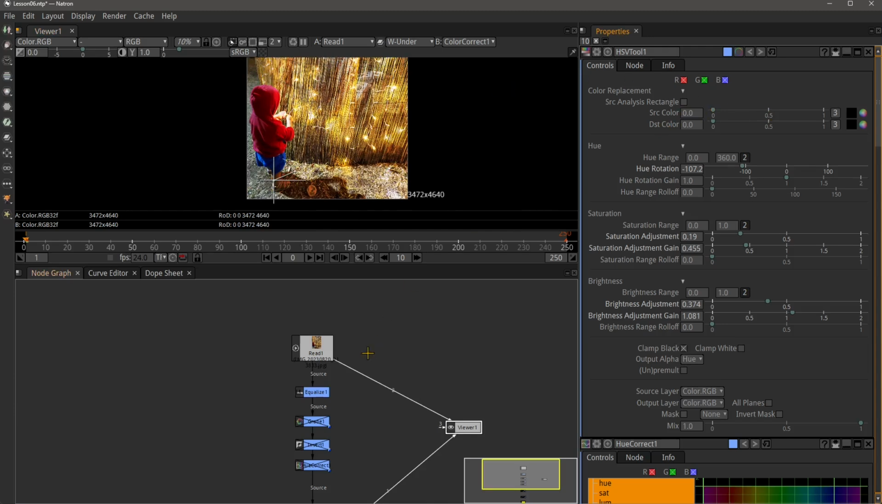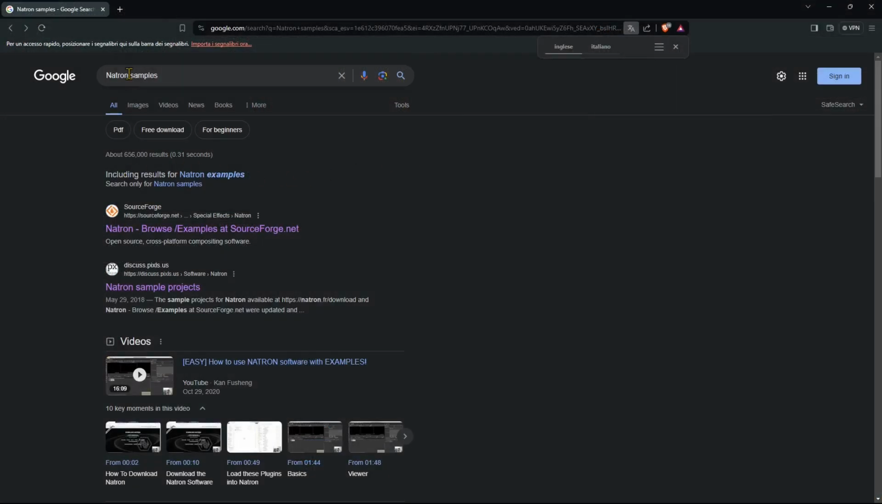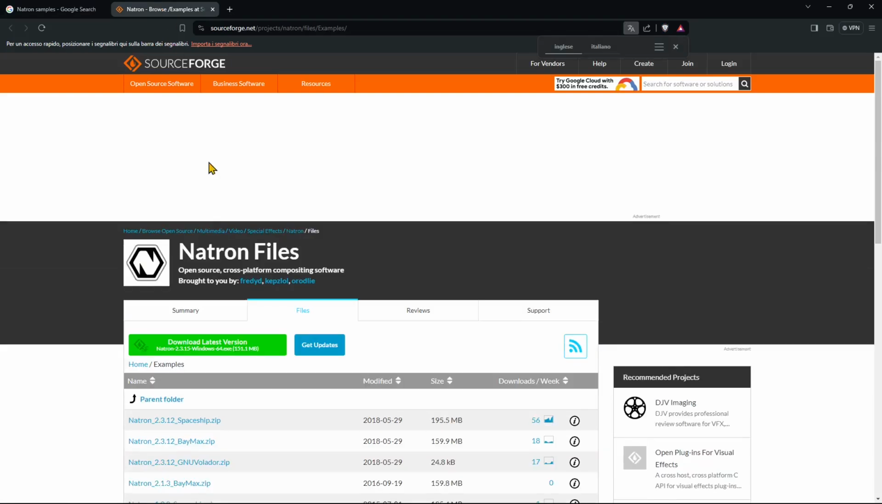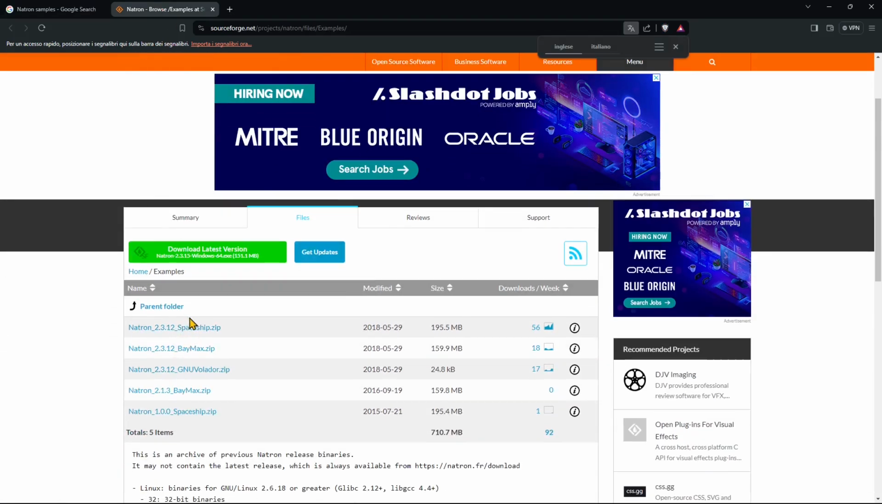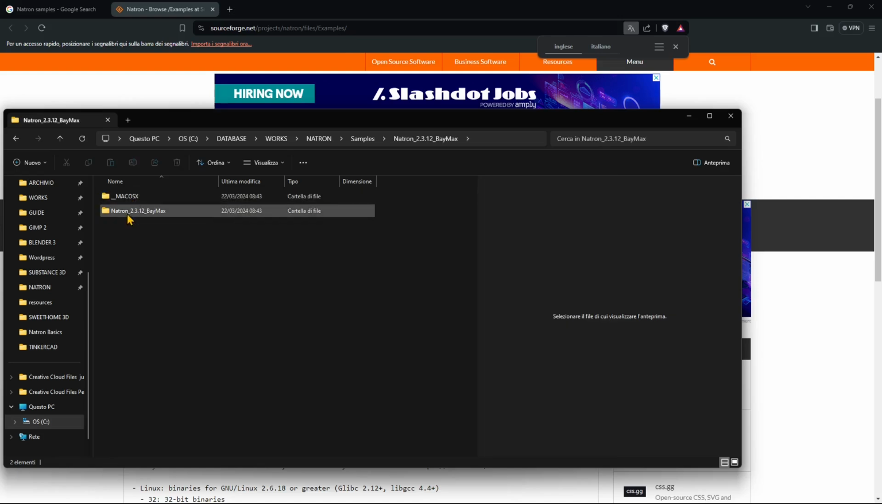Now we are going to talk about other nodes in this lesson, and we're going to start again with the Natron samples, just to show you again a really interesting source that you can use. You can find those by searching Natron samples, going into SourceForge in the first results, and then downloading and extracting all these zipped files. I've already extracted them, and I'm going to start with this one here, which is Baymax,